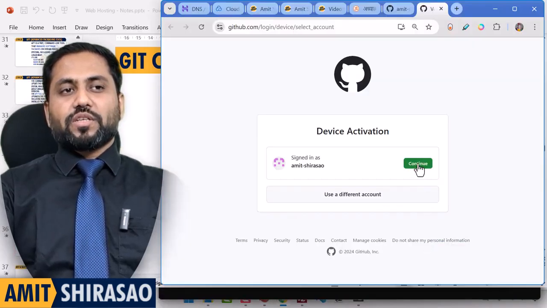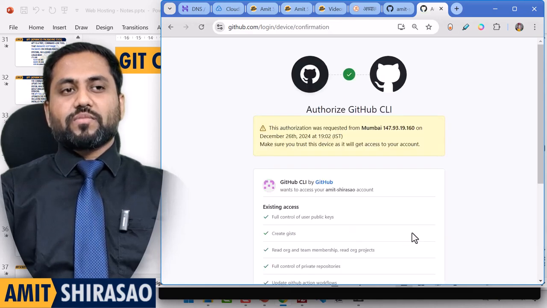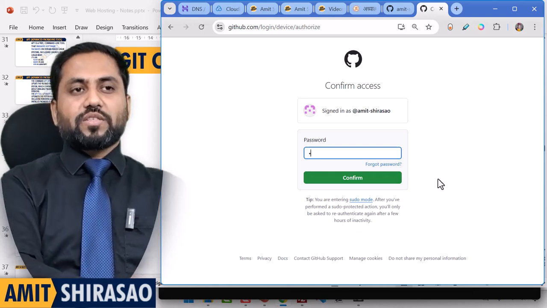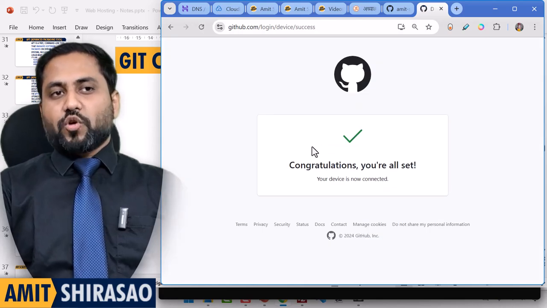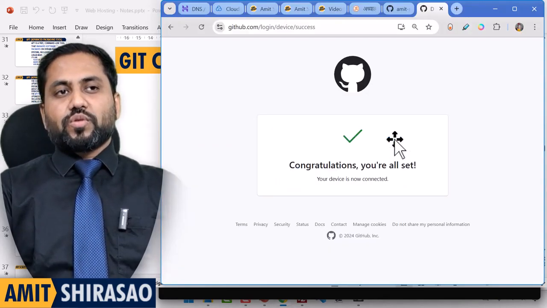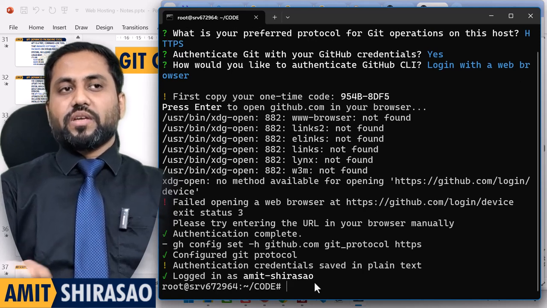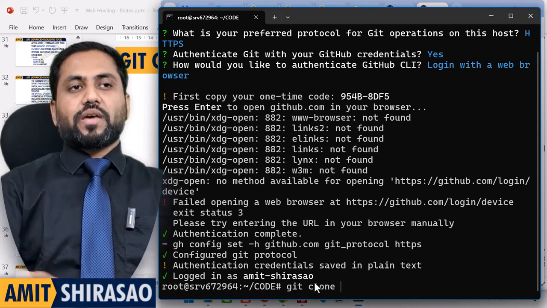Yeah. So here you continue. You paste it. Continue. Okay, here your password. Okay, done. I'm authenticated. Then you go to the terminal. Here also it will say I am authenticated. Okay, now your git clone command will work. So git clone and